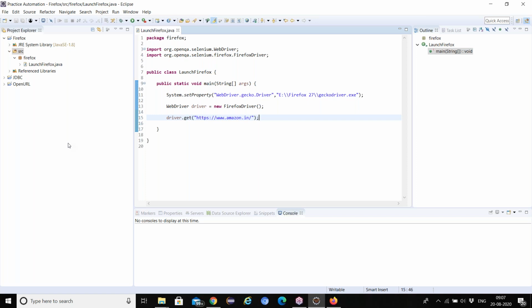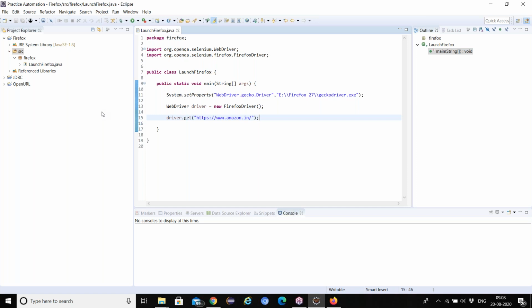Import org.openqa.selenium.WebDriver. Then, because I'm opening Firefox, I need to call this one: import org.openqa.selenium.firefox.FirefoxDriver. You need to know this. If you are writing blindly, then it is wasted. If someone asks you why you took this, you need to explain: because I am launching Firefox, I added all the library files, so I required this to create the WebDriver and the Firefox browser. You need to explain like that.